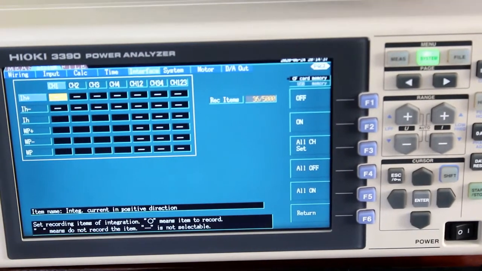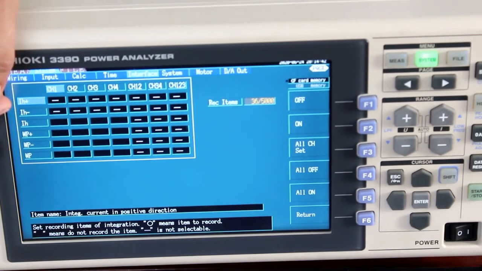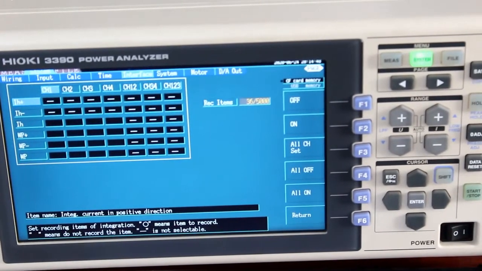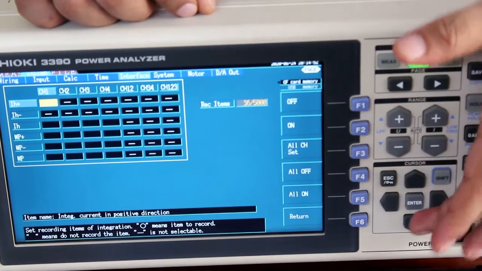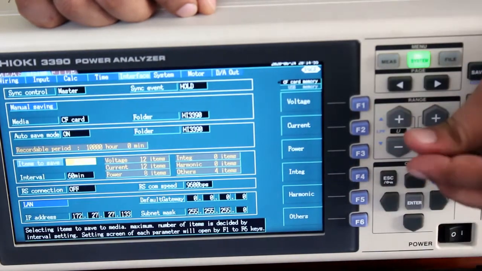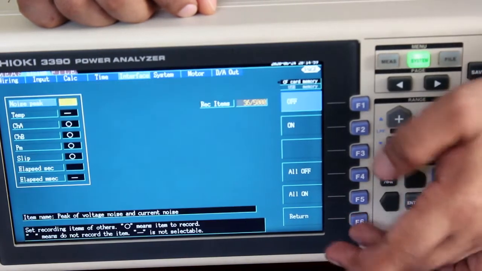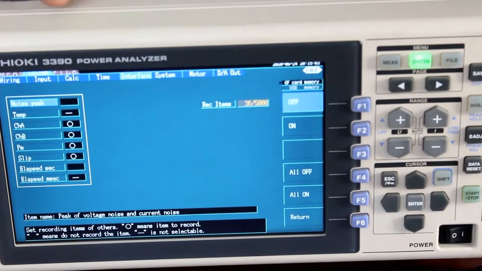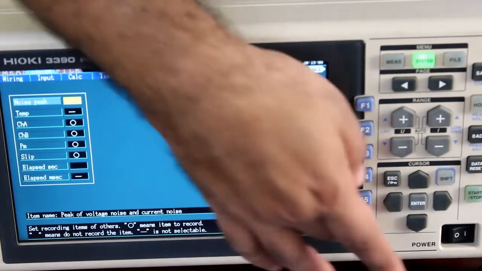energy as well. These IH values are basically what I've seen being used for EV or hybrid vehicles, where they want to see the charging and discharging of the battery. Like that, you can define for harmonics and for other parameters related to the temperature, the channels A, B, C. Like for the motor, I told you that motor input is also there, and that can also be defined here.